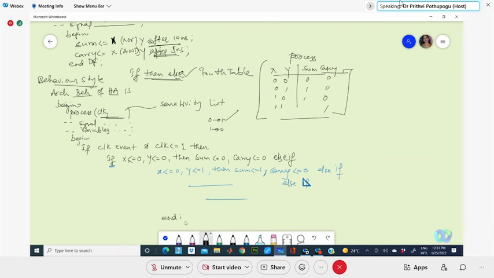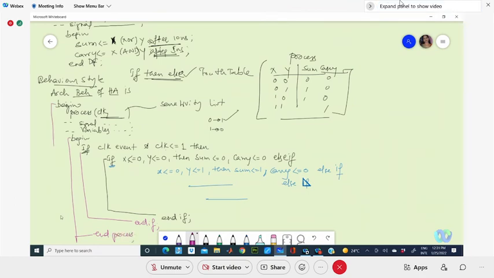finally you need to end if. This will end this one. This will be one loop. Okay, one more if we have started here. So for this, one more end if. What else did we begin? We began the process, no? So end the process. What else have we begun? We have begun the architecture. So end architecture. That means architecture with the same name, no? Architecture, that is behavior.